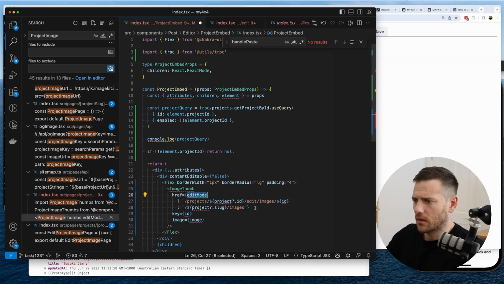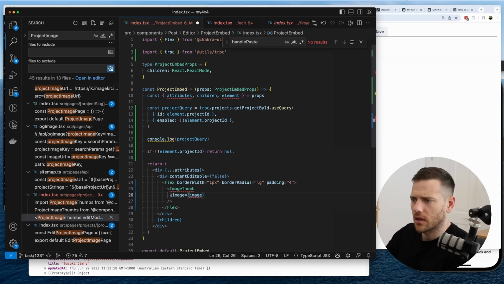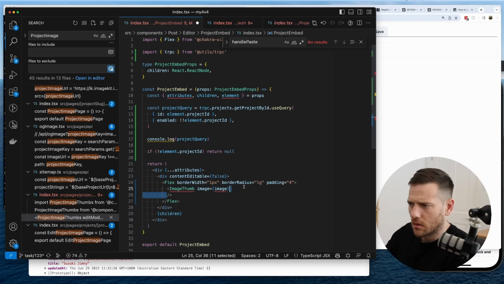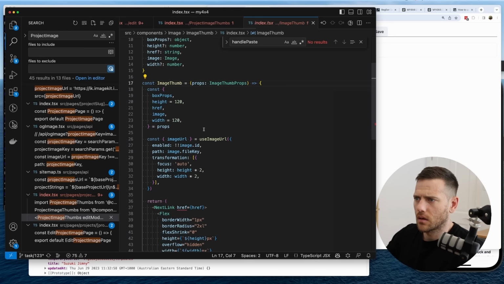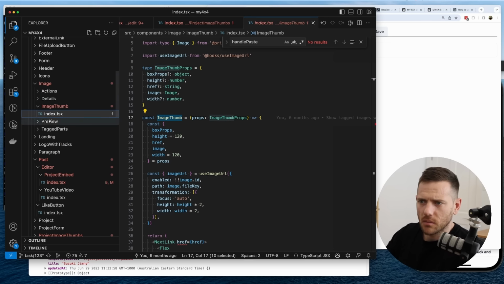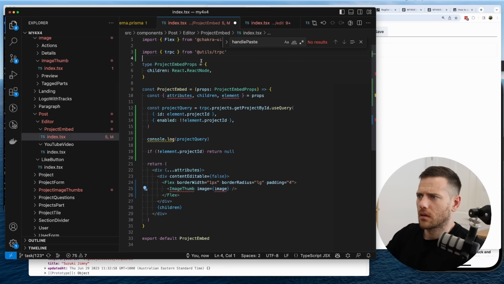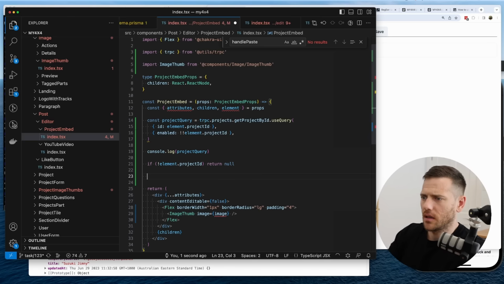All right, so there will be no href, there'll be no key, and then we just got the image. All right, we need to import that. So this lives inside an image thumb. Sweet, so let's import that one. So let's grab it. So we're gonna go import image thumb. Now we need the image. So where's the image? The image is going to be,